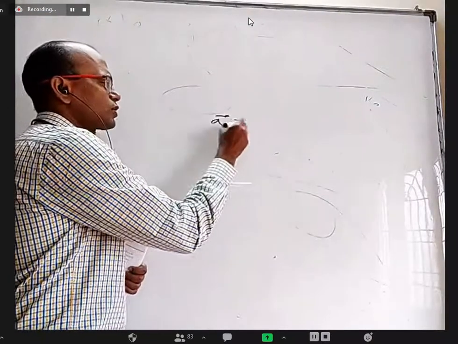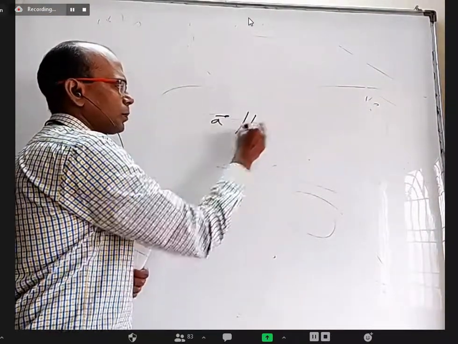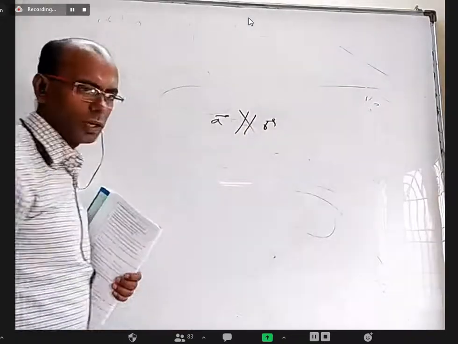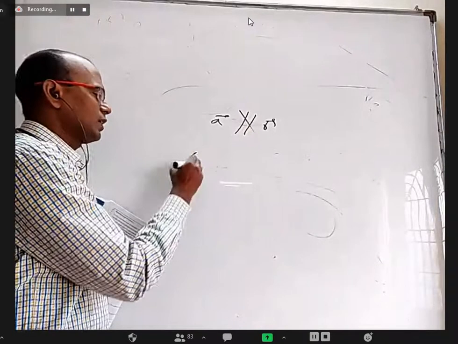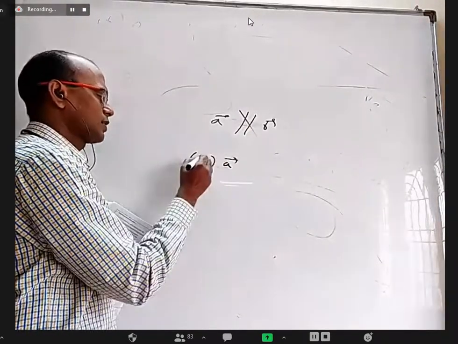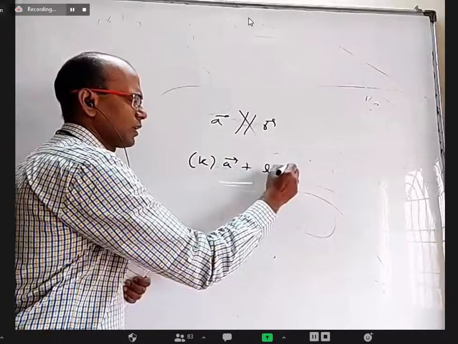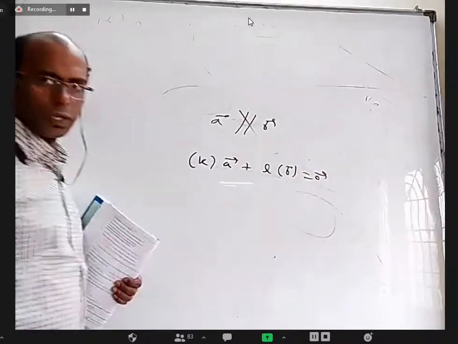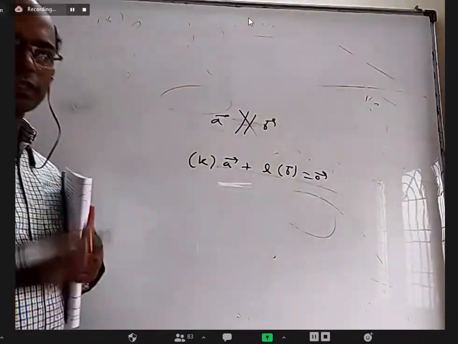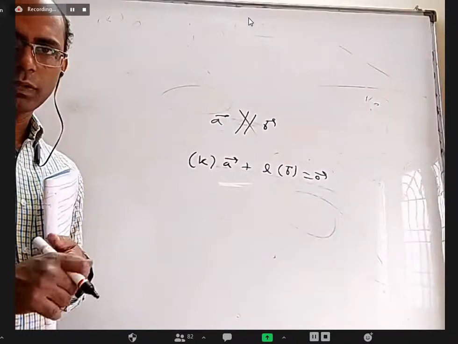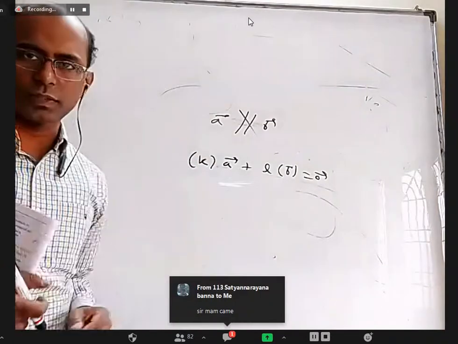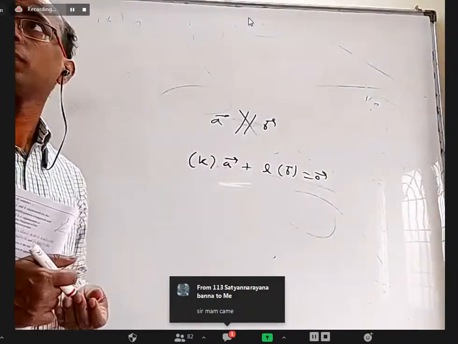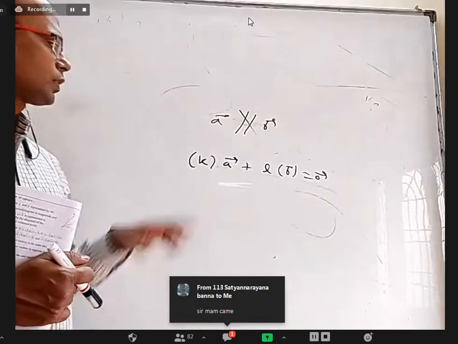Now, let us see. I know that A bar is not parallel to B bar. A bar is parallel to B bar, we'll write like this, not parallel, we'll write like this. A bar is not parallel to B bar, but I am able to tell some number into A bar, let us say some K into A bar plus some L into B bar equal to 0 bar. I am able to tell. Don't say it is not possible. I am saying it is possible. A and B are not parallel, but still I am able to find a relation between A and B like this. When is this possible? When K and L equal to 0. Yeah, when K and L are 0.